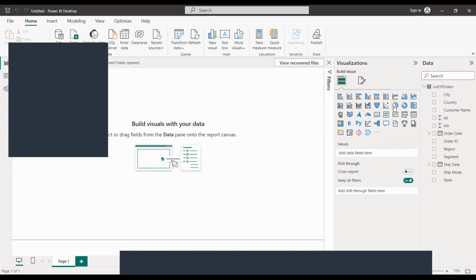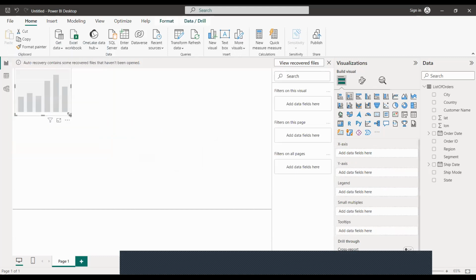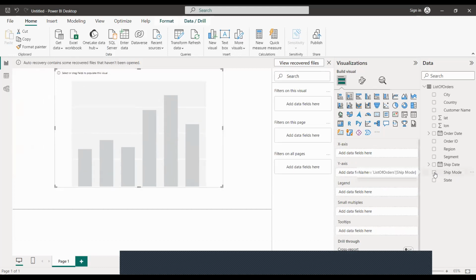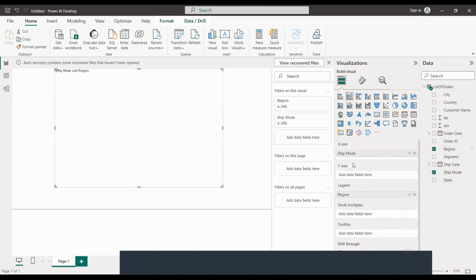So, for instance, let's just select stacked bar charts. I've just clicked on stacked bar charts, and then we want to plot the ship mode against the region.